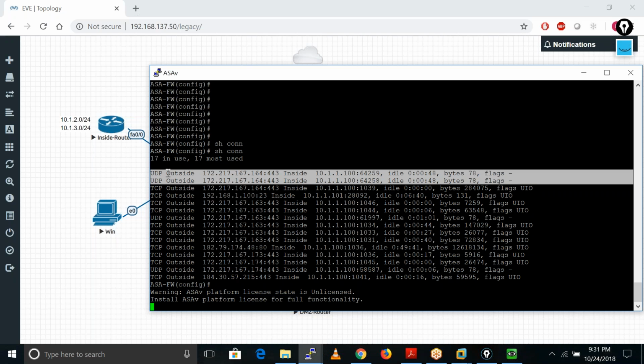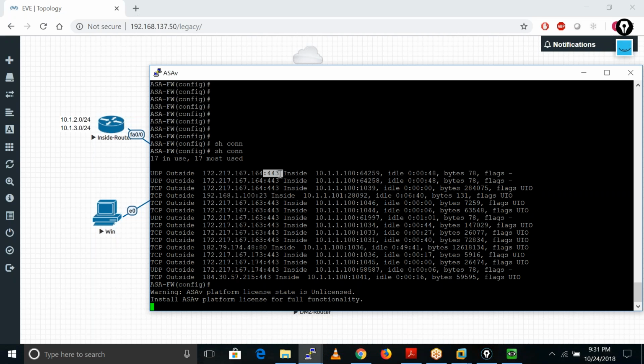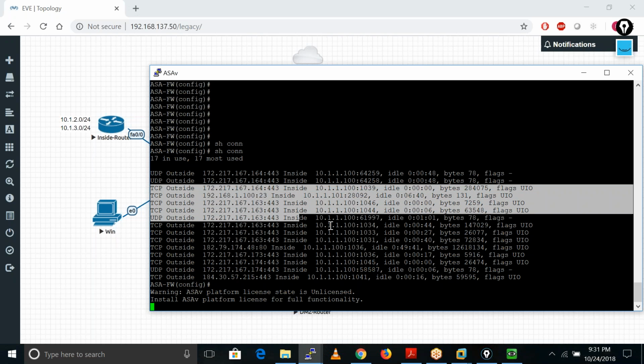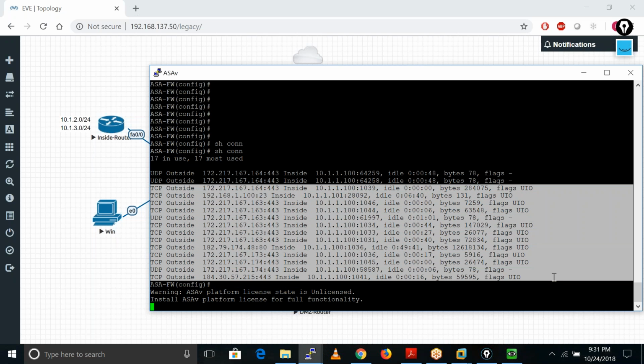See, this is also UDP traffic, which is on port number 443. Because right now people are using a new protocol, which is QUIC, I hope. I forget the actual name for that. Lots of people are starting to use that protocol now. Okay, so these are the connection details.